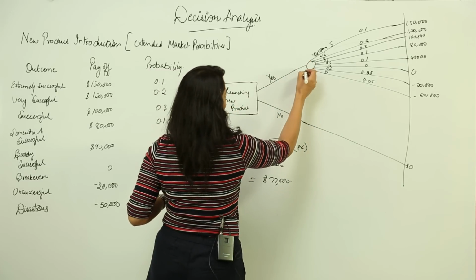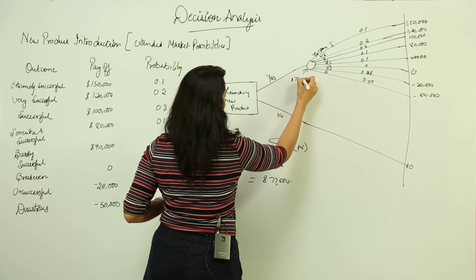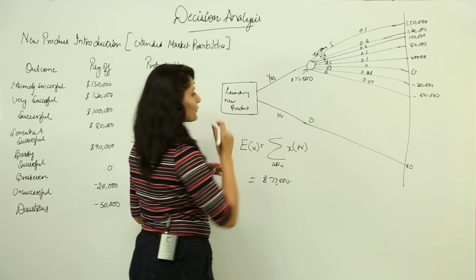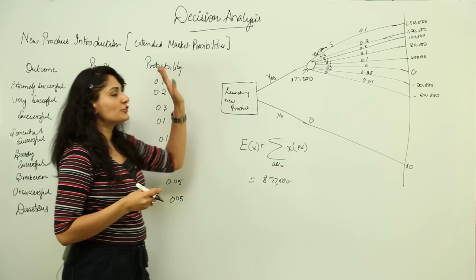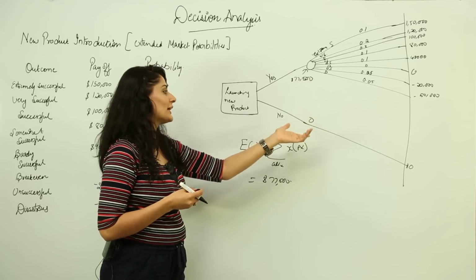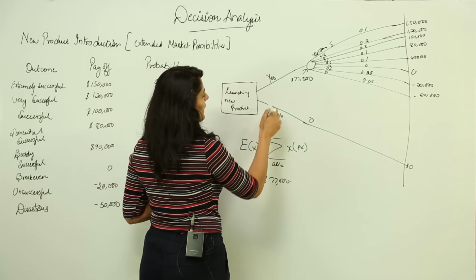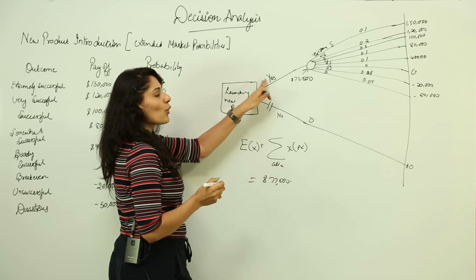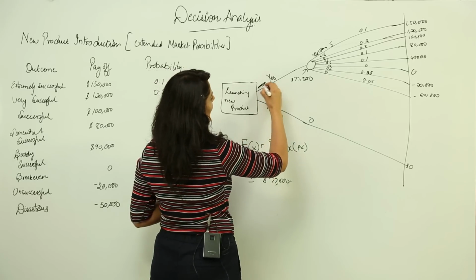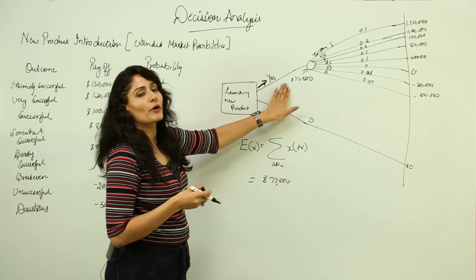So I would write it over here, that is 77,500, and this again is 0. So my chances of being successful and earning is this much over this branch and it's 0 over here. So obviously I would just clip this branch and go ahead with this branch, and whenever we go ahead with any branch we just mark it with an arrow like this, right? So this is the branch I am going to choose.